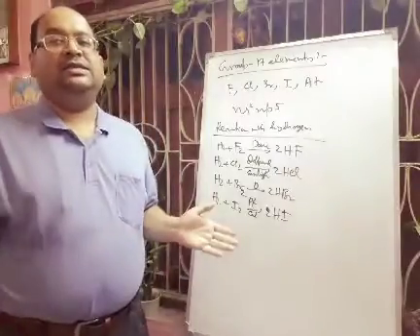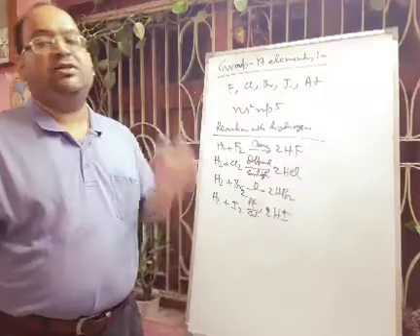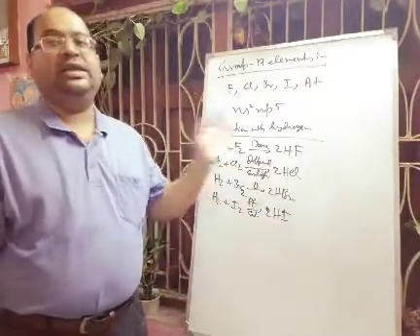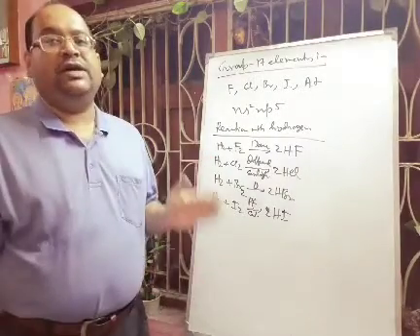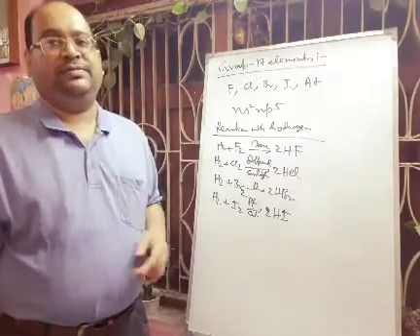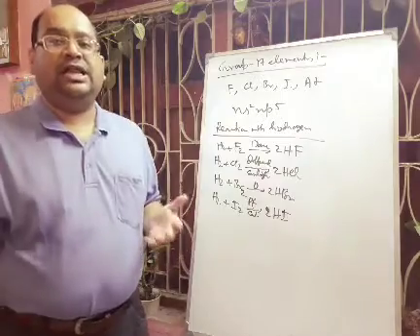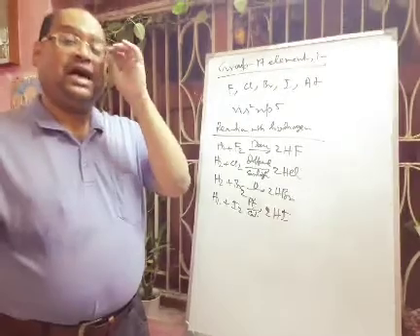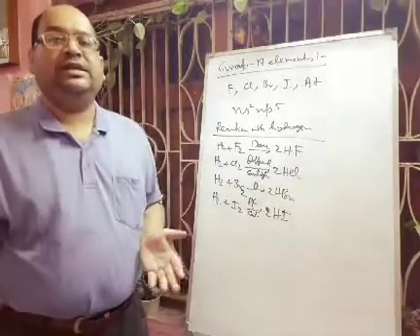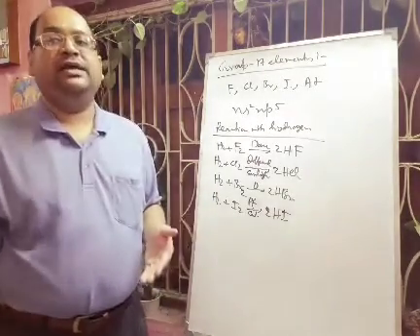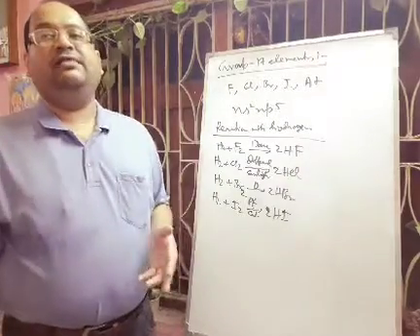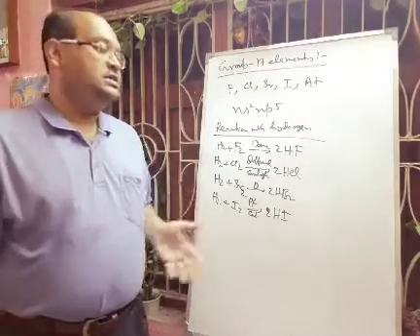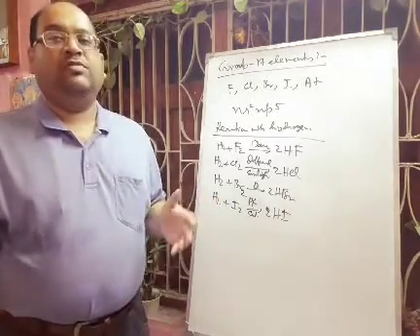Now the acidity of these hydrogen halides, these are all acids. Definitely HI will be the highest acidic, then HBr, then HCl, then HF. So acidity decreases from HI to HBr to HCl and HF. And dipole moment of these hydrogen halides decreases from HF to HI. HF has the highest dipole moment, around 1.86 D, then HCl 1.11 D, then HBr 0.79 D, and then HI 0.38 D, as electronegativity decreases from chlorine to bromine to iodine.